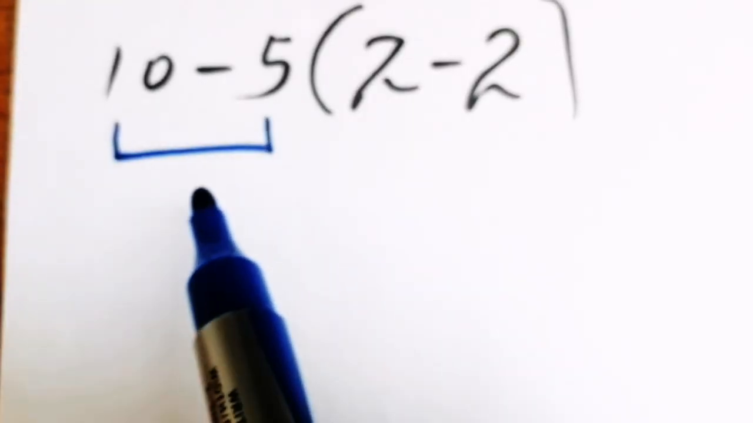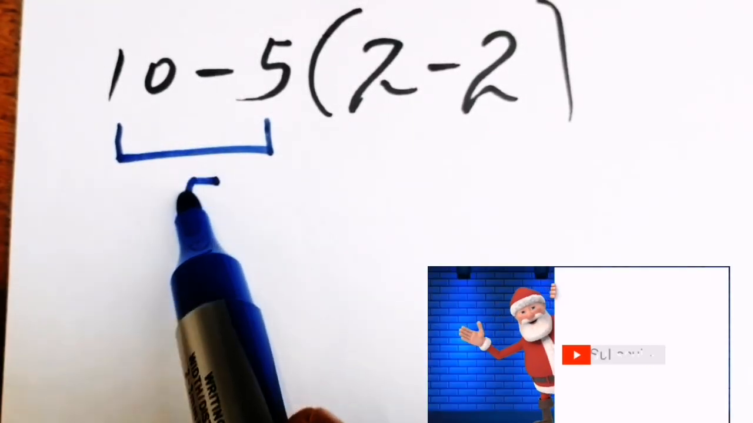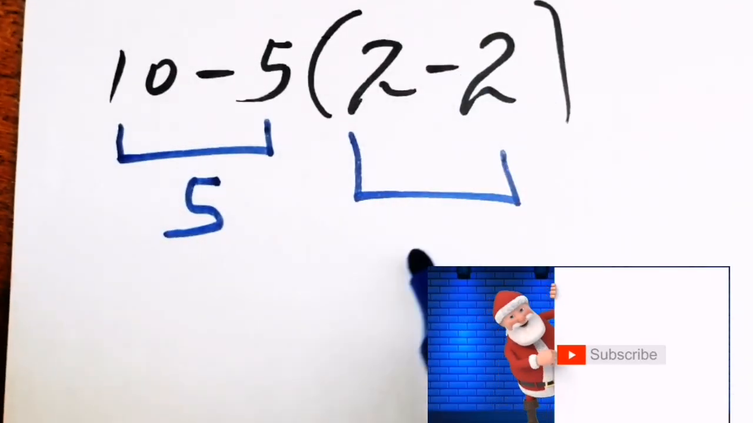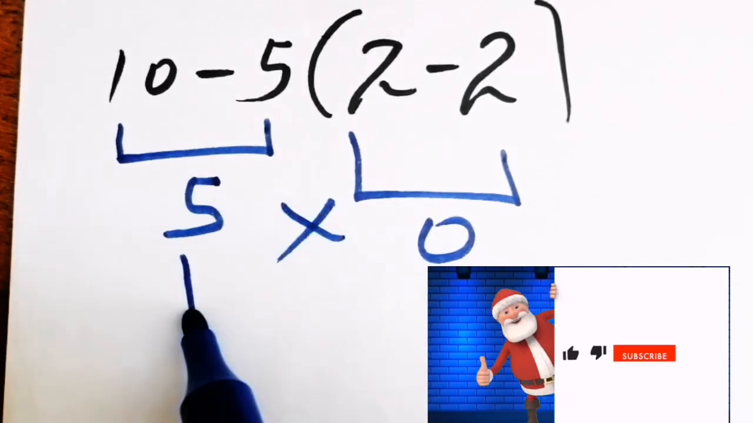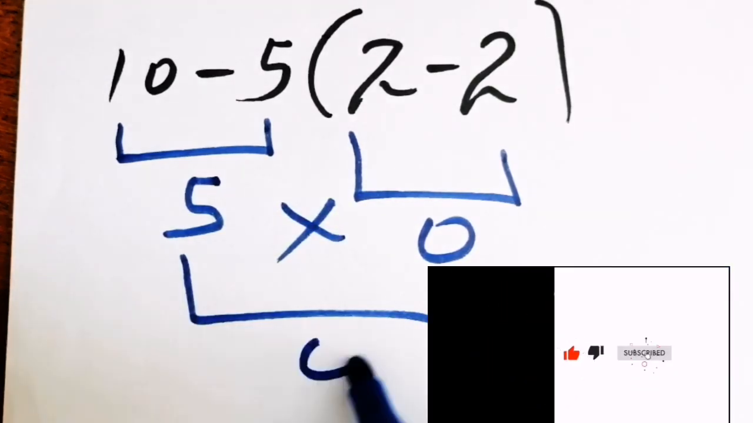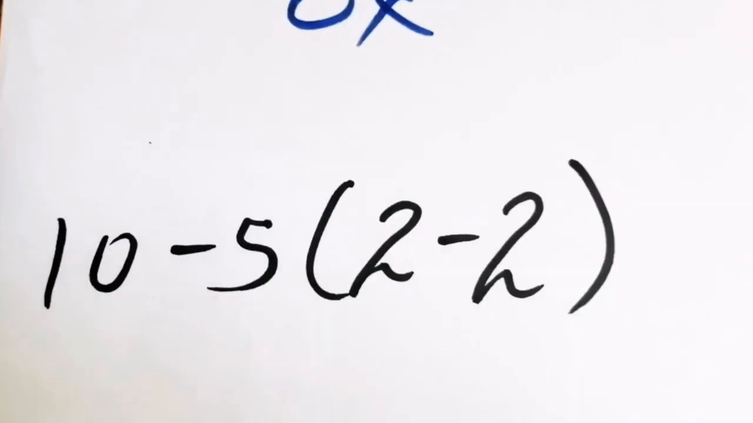10 minus 5 is equal to 5. And here in the parentheses, 2 minus 2 is 0. Then 5 times 0 is just equal to 0. But this answer is not correct because